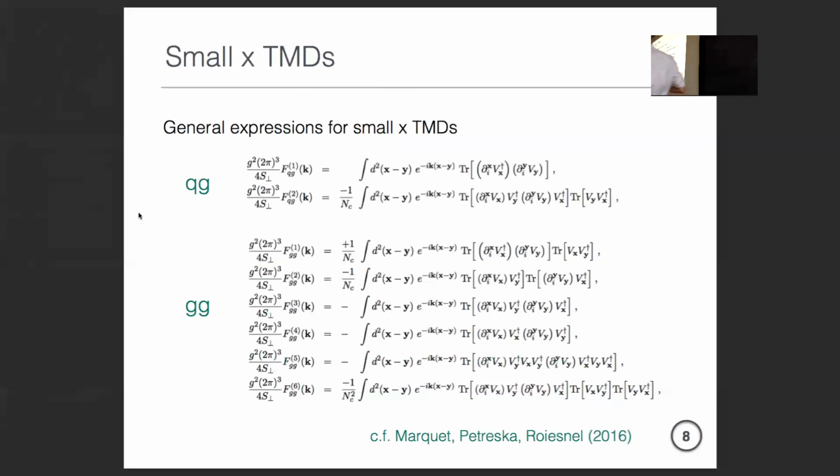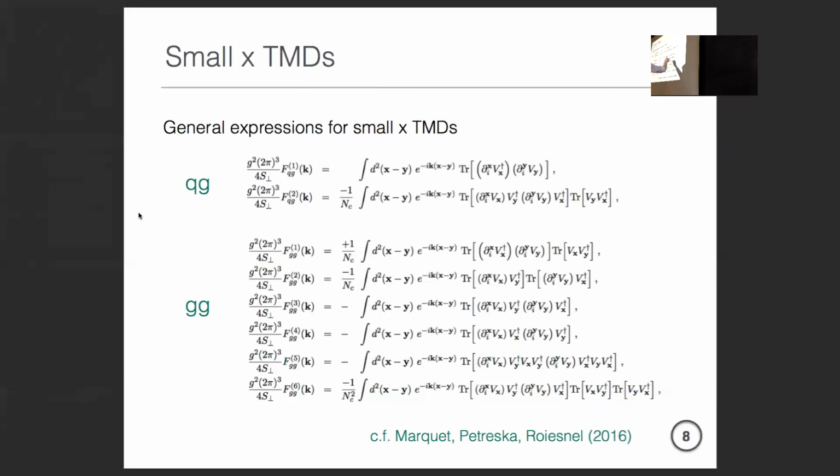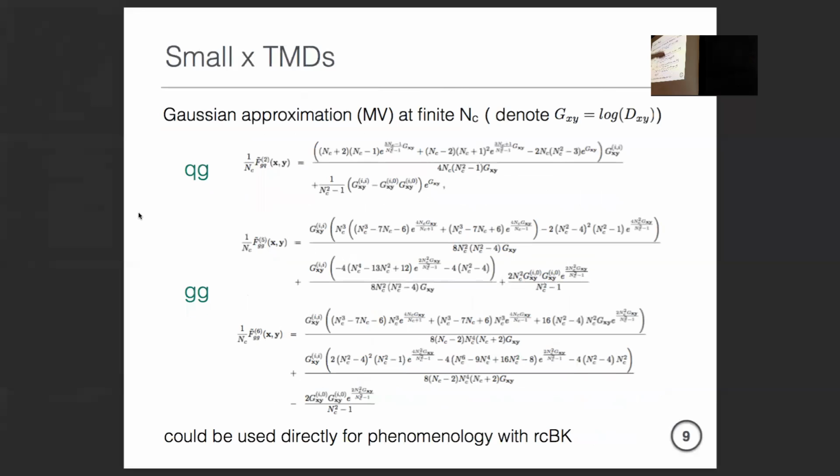Okay, good. So the new thing we brought to the table here is that when we calculated these in finite NC, of course, some of them are known. 2 and 4 Wilson line correlators are known, but you have complicated operators here like octupoles and so forth. The point is you still only have 2 distinct coordinates, so you can still evaluate them in Gaussian approximation, at finite NC, not only at large NC. The result you get is not even that complicated.